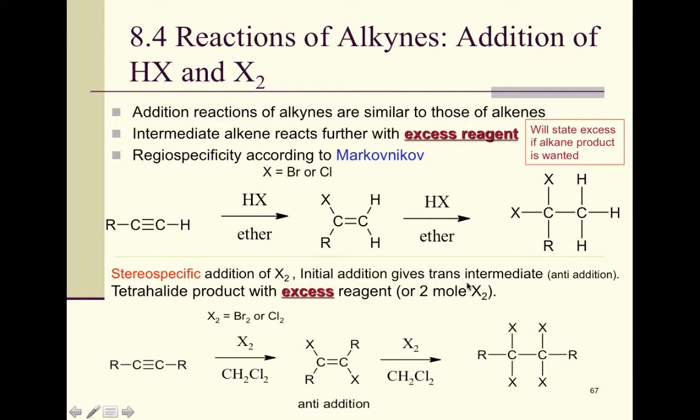This initial reaction gives us a trans intermediate because of the anti-addition. But when we add the 4 halides total, because we have free rotation around a single bond, you're not going to notice that. And when we add the second halogens, they are also adding anti, so we'll see those on the opposite side. So if it's on a ring, it won't matter because you'll have 2 halogens on the top and 2 halogens on the bottom. It's the excess reagent that causes it to go from a triple bond to a double bond to a single bond. If you do not have excess reagent, you will stop at the double bond, at the